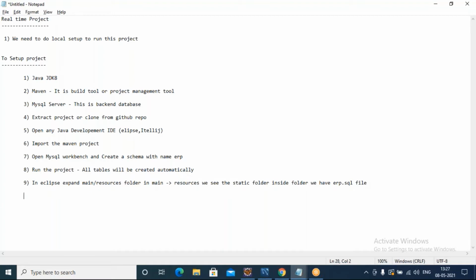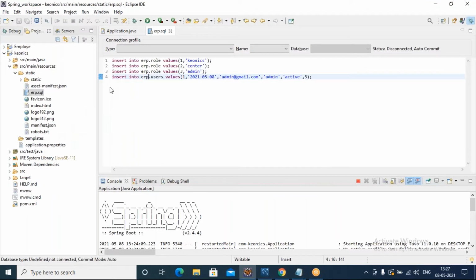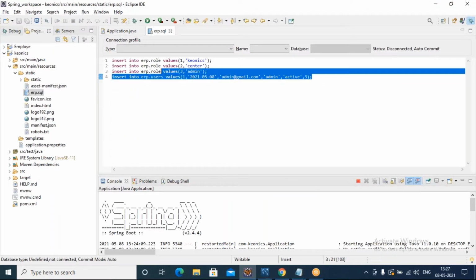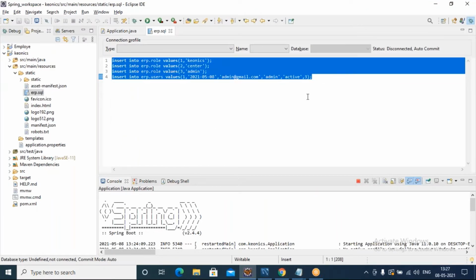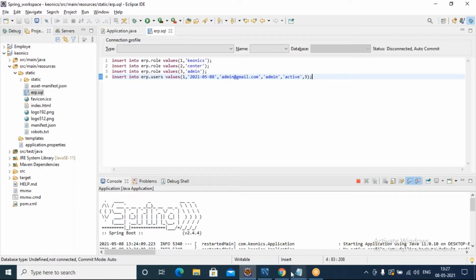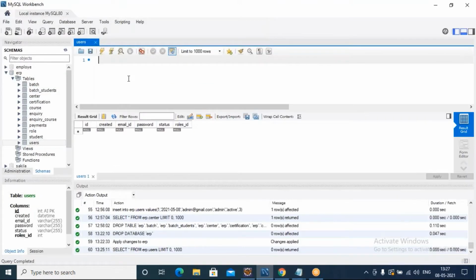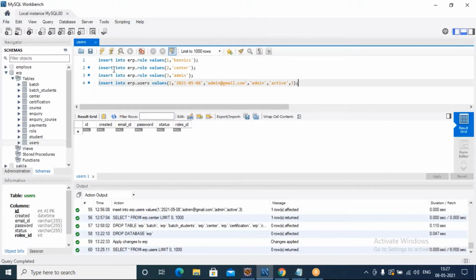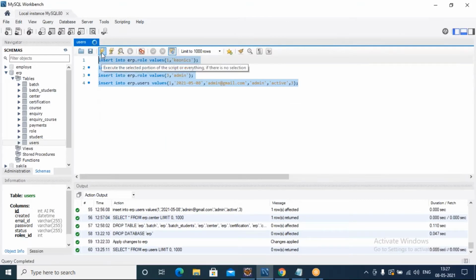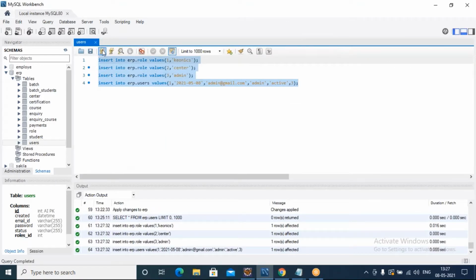Just take that erp.sql file, copy it, come back to MySQL Workbench, paste all the statements, select everything and hit run. Click on this execute button.